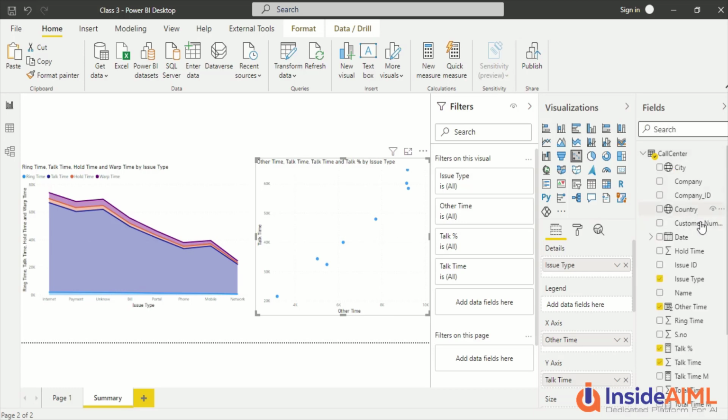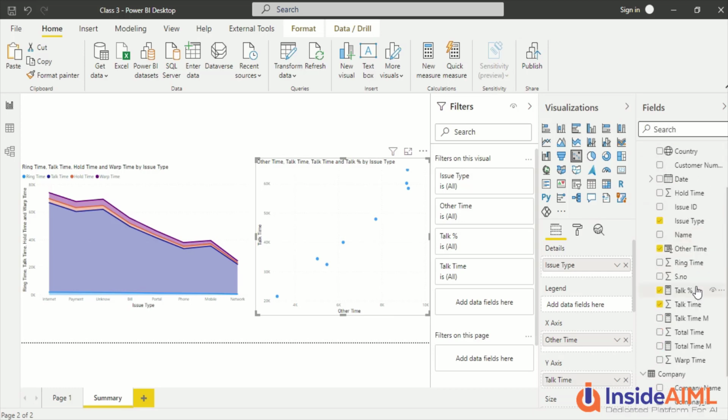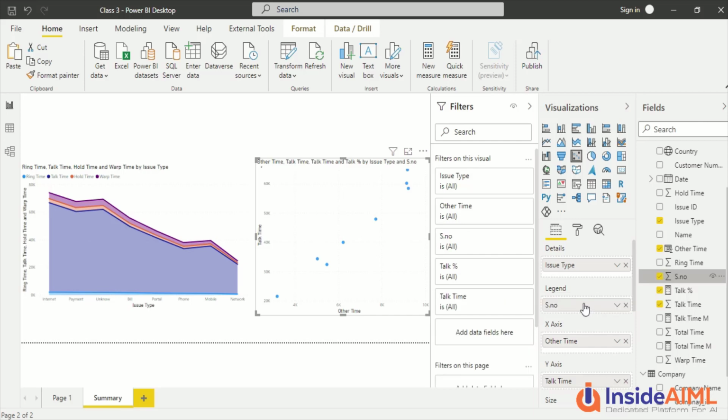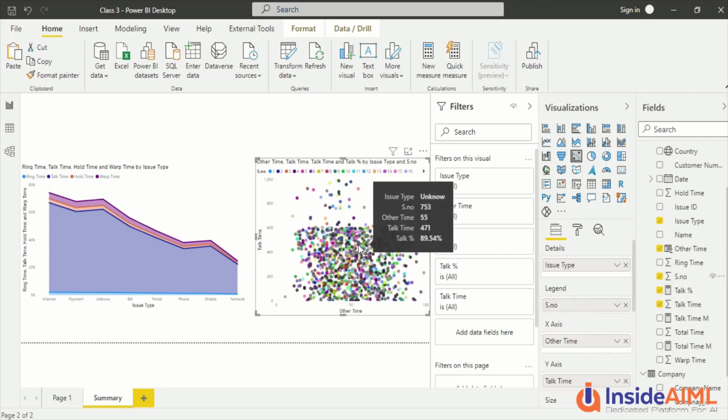If you remember, we have this data where we have a serial number out here, so we'll get all the dots. If we put the serial number, you can see how many dots we have. Depending on the granularity you want, you can actually have it. I'm quickly taking you through all of this.